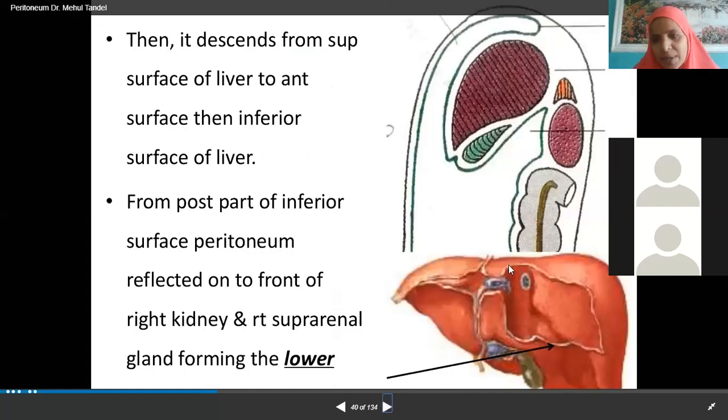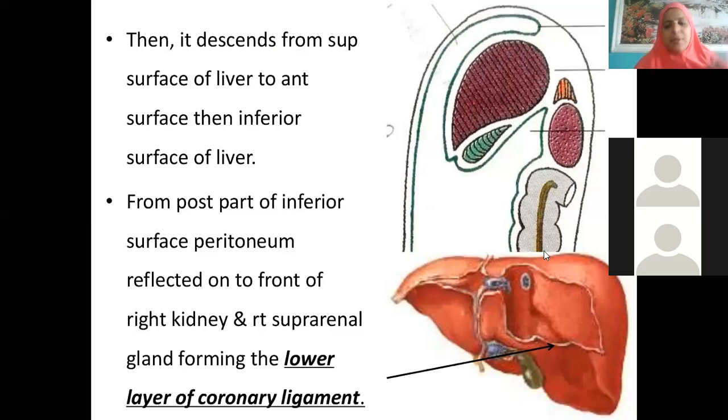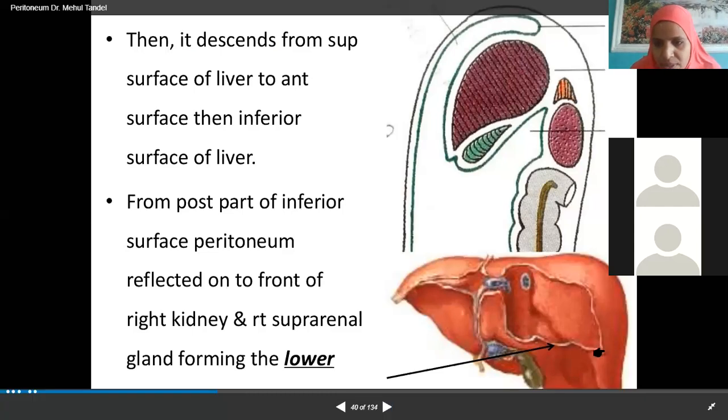Now see here, suppose this is like the continuation of this, the upper surface. It is coming on the inferior surface, the visceral surface. Now it is continuing its journey behind. It started like this, covering the anterior surface, visceral surface, and then came behind. It is descending from the superior surface of the liver to the anterior surface of the liver, then the inferior surface of the liver, then it is now becoming the inferior layer of the coronary ligament. That means to start with, you have used it as the superior layer of the coronary ligament.